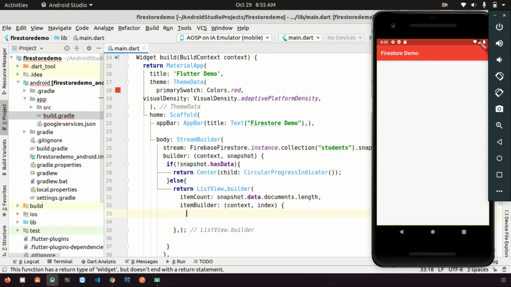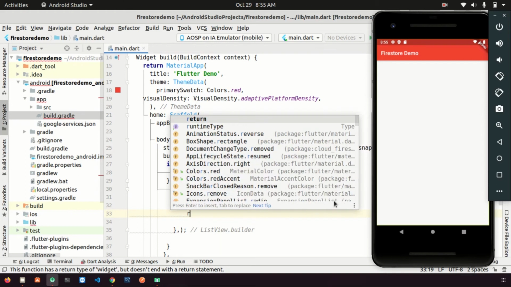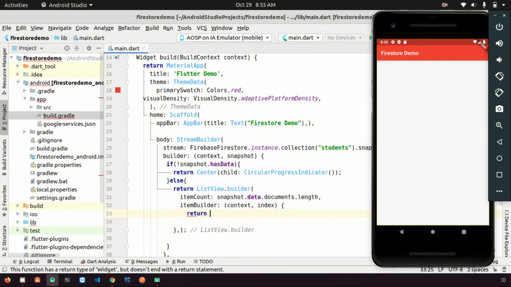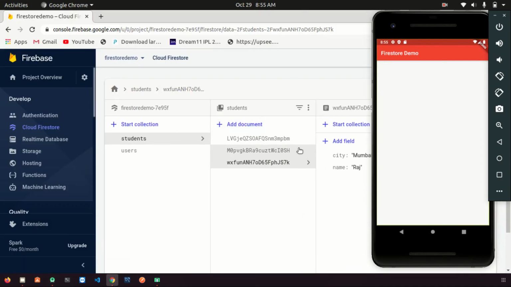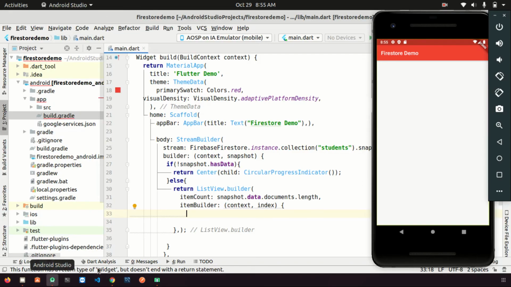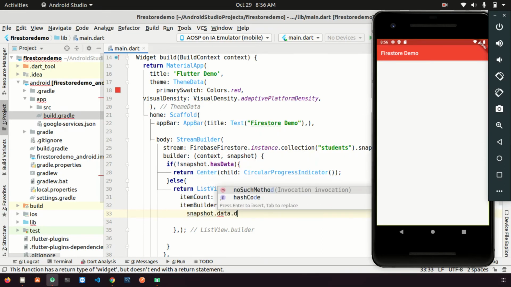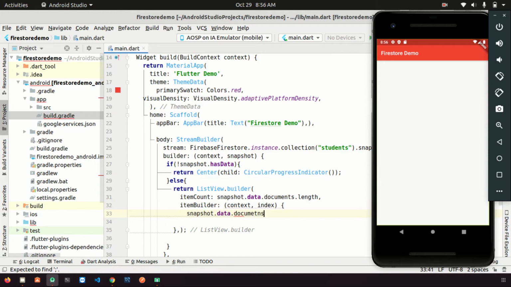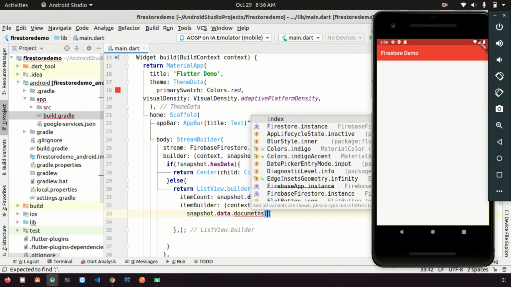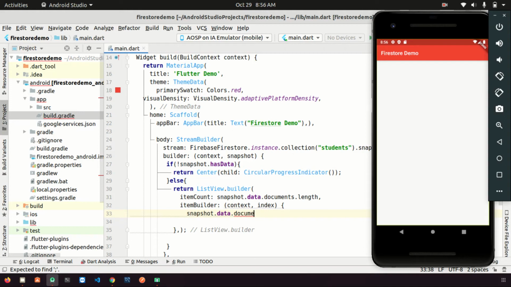So if you return in the builder, suppose I want to return something, or instead of returning this one, let's get the reference. I just want to get the reference, like the first reference or second one, third one. Then what I can do now is snapshot dot data dot documents and the index number.